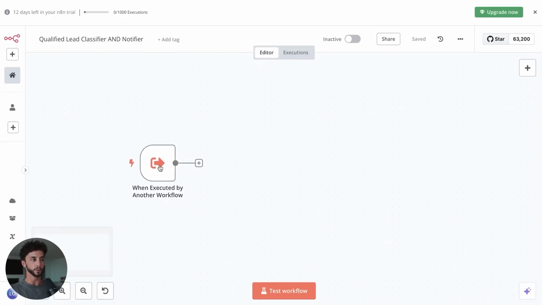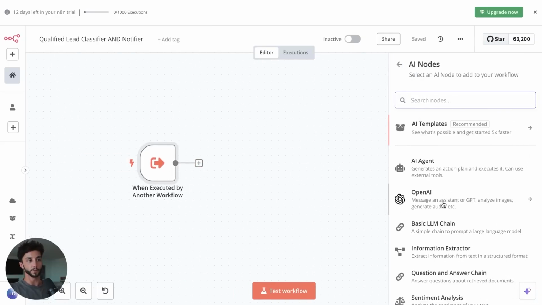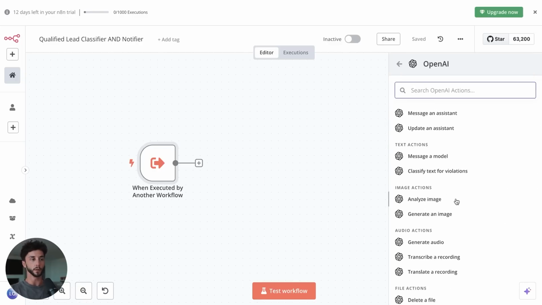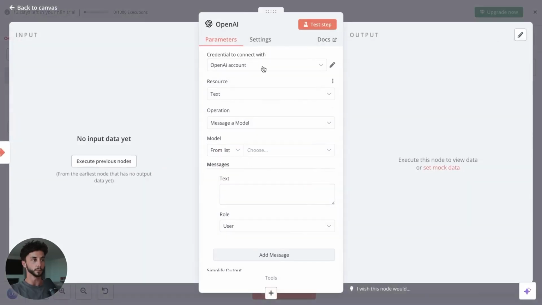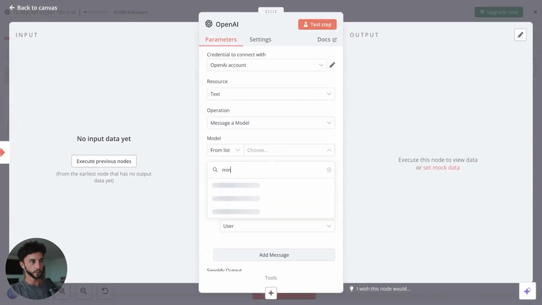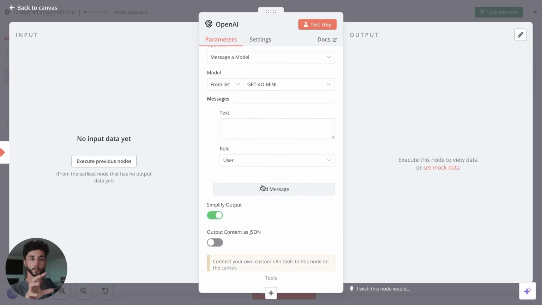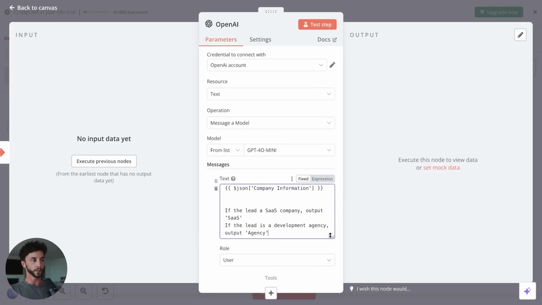Now we can add on a quick few steps here. I'm just going to rip through this. It's not super important, but it shows you a little bit more of the functionality of what you can build in n8n. So we're going to add in a message model step here, and we're going to choose 4.0 mini. What I want this to do is take in the information that we sent to the workflow about the company research, etc. So that we know this is a qualified lead now, but we just want to split it between either our SaaS team or our development agency sales team, so they're specialized in dealing with different cases. So I'm going to cheat and just throw in a prompt here, which you guys will be able to get access to,